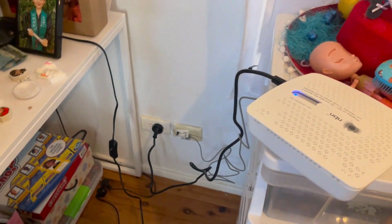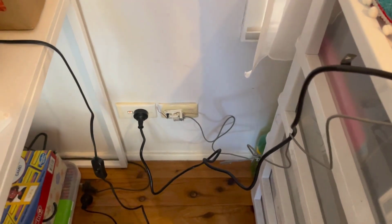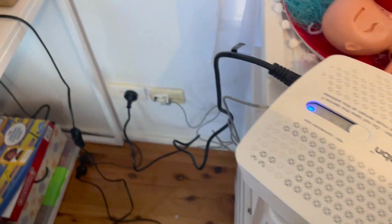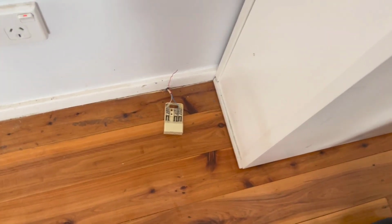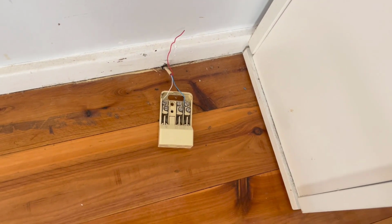So I'm out here on a job today for a customer who's in Minto. They're with Tangerine and they've got NBN fibre to the curb. The customer had me come out because they had another socket just out here and they didn't realise they had that second socket, but they wanted me to connect this one up and I was getting a short circuit on that,